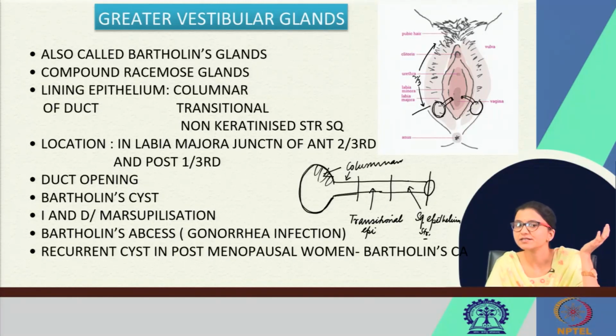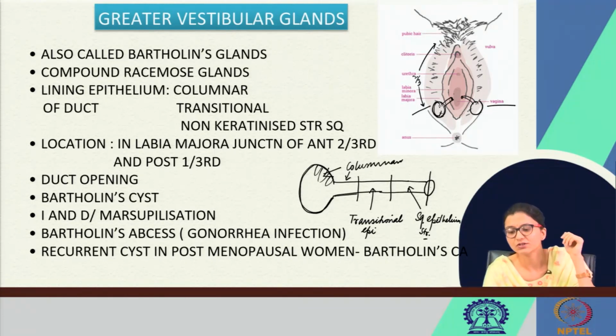Bartholin cyst we have discussed. Mostly the cyst becomes palpable and the patient comes with a swelling in the vaginal region. You have to examine, and the swelling will be in the posterior part. Because the cyst is in the labia majora on the posterior side, the swelling will be in the posterior part of the vagina.